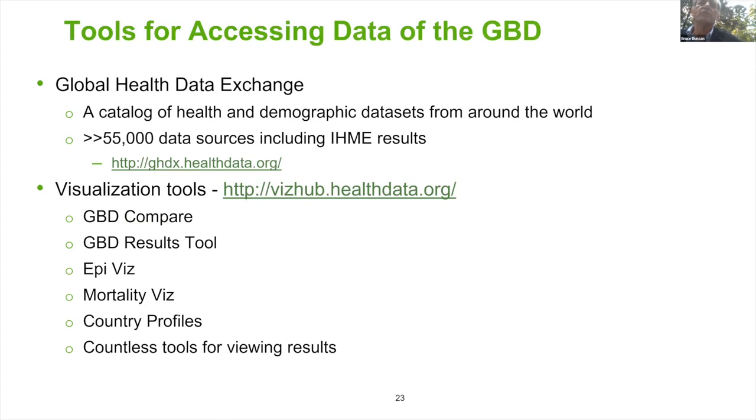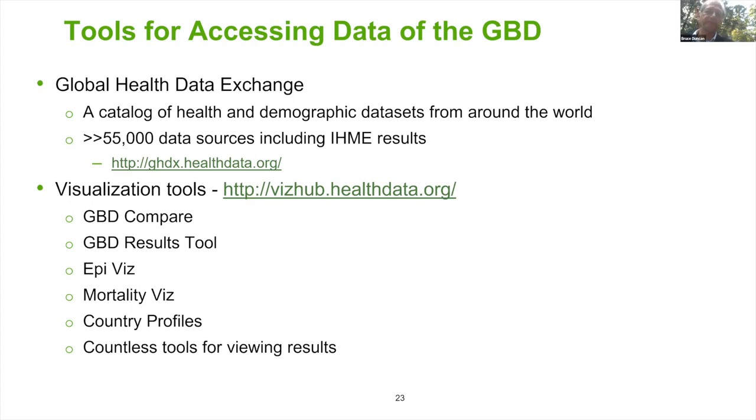In terms of tools, if you want to use the data, you need to get access to it. So what are the means of access? First is the Global Health Data Exchange, which is a repository of, well, in 2016, there were 55,000 data sources. So in 2023, there are certainly more than 100,000 data sources, which the GBD has assembled. Publications, microdata from surveys, mortality data from the mortality data systems around the world, etc., which is the basis of